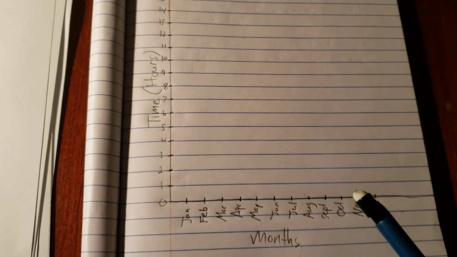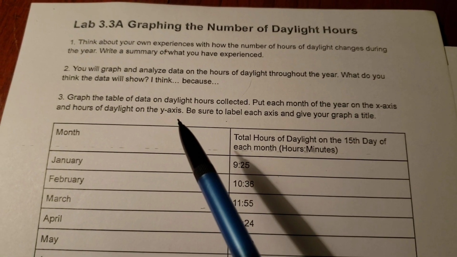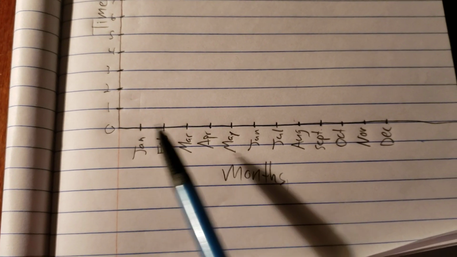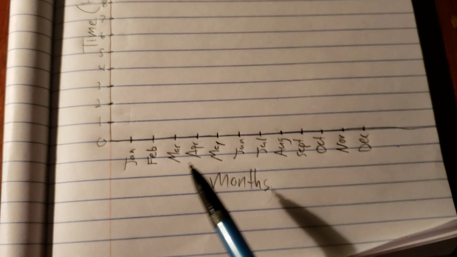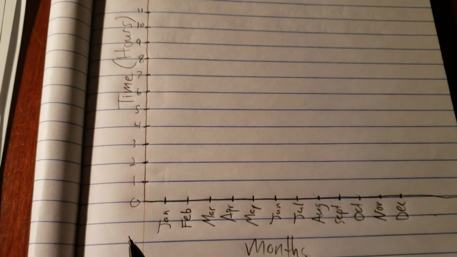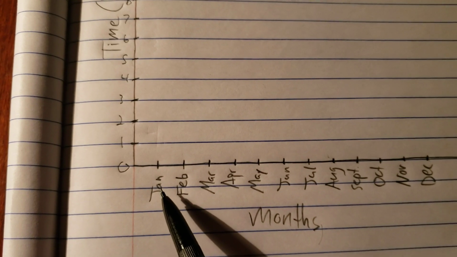So you may be wondering, well, Mr. Annan, how big do I need to make this graph? Well, let's look at the numbers. So the first thing it says is you need to put your months on the x-axis. So how long? This is your x-axis. X goes from left to right. Y goes from up to down. You guys may have seen that in your math. So this one needs to be